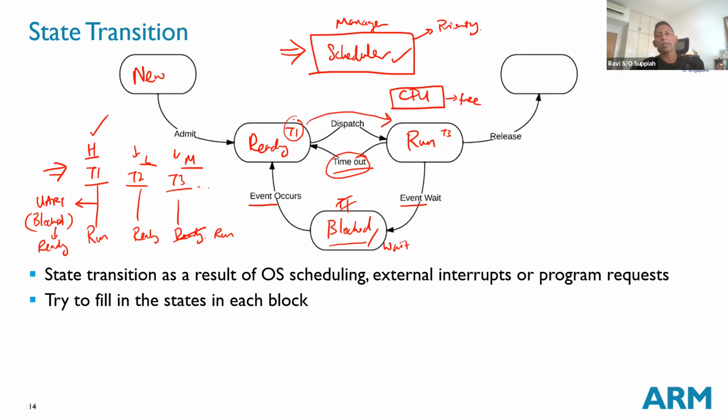Now when task 1 transitions to run, where does task 3 go? Task 3 was running, happily running. Nobody disturbed task 3, but unfortunately, a higher priority task came along. So since the higher priority task came along, the only option is for task 3 to transition back to ready. So task 3 will transition back to ready and again wait for its turn to run, until a point of time when task 1 is not able to carry on, then task 3 can resume, and task 2